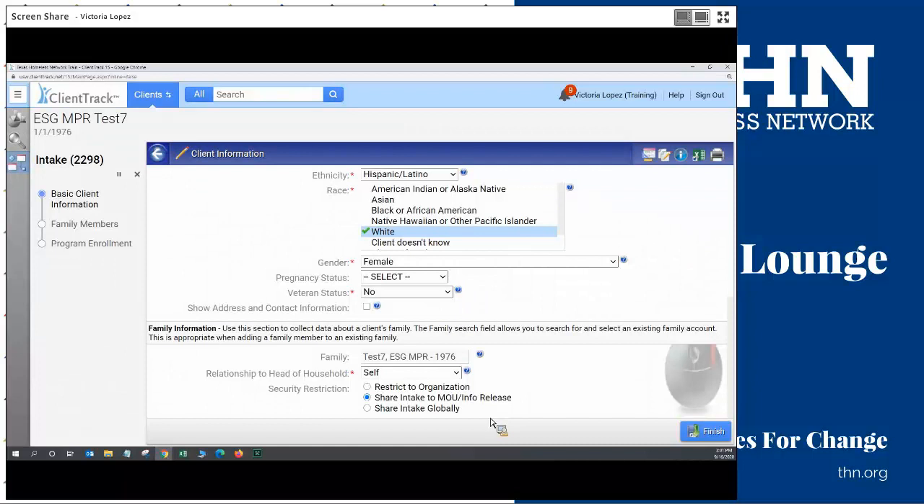Because our system is so open, and we encourage sharing data as much as possible, share intake to MOU/info release is almost exactly the same as share intake globally. There really is not much difference between these two. The only agencies that technically do not